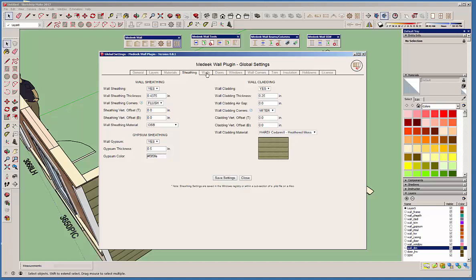Sheathing and cladding is in this tab under sheathing. Again, you can set your gypsum sheathing color. You can set a bunch of defaults for what you want to do with your cladding. In this tab, I will need to add in the wainscot, exterior wainscot information defaults. I haven't done that yet, but that will probably appear in this tab as well. So you can set up things like the thickness of your sheathing, and whether you want to miter the corners or have them